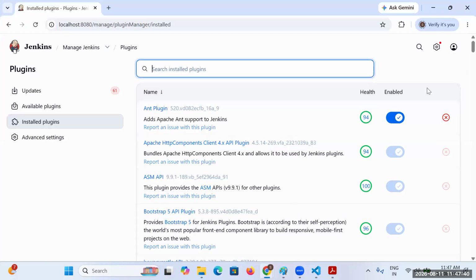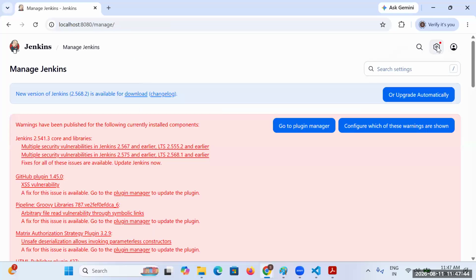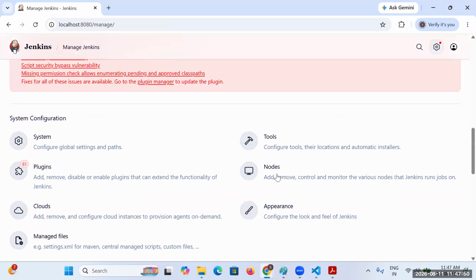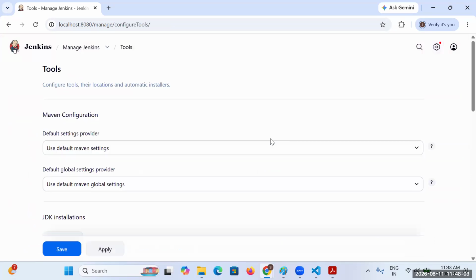So how will you configure Node.js? Go to settings. Once you go to settings, click on tools.